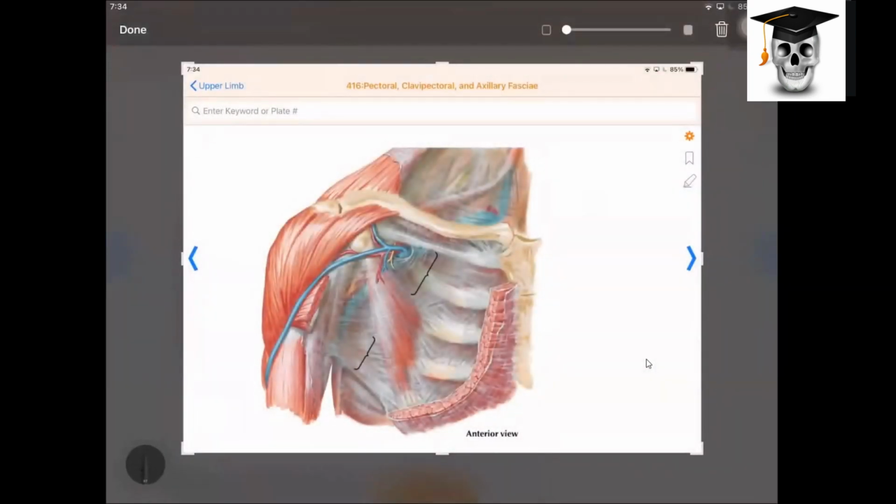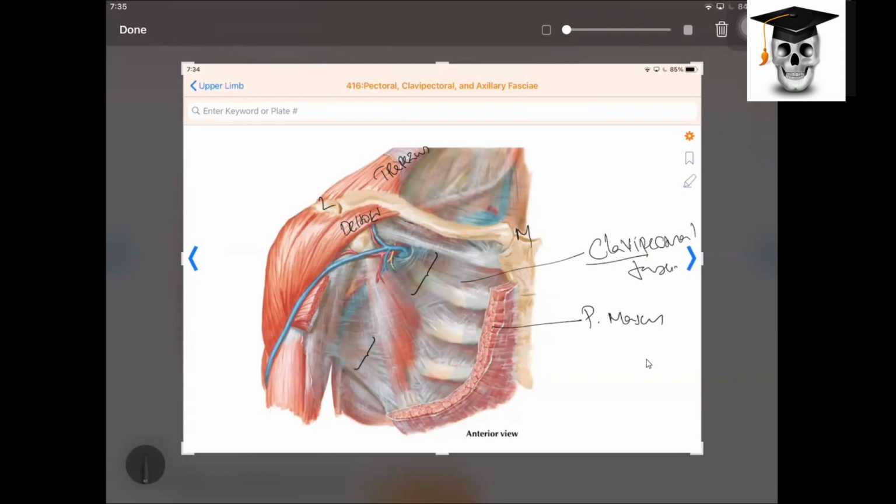Now please note here, this is again your clavicle as it is. This is the medial end. This is your lateral end. Again, you can see your deltoid from the lateral end, clavicular fiber. Again, you can see your trapezius. Anyways, here we have cut the pectoralis major. That is why you cannot see anything. Now you see deeper to the pectoralis major, there is a fascia. That fascia is what we call the clavipectoral fascia.